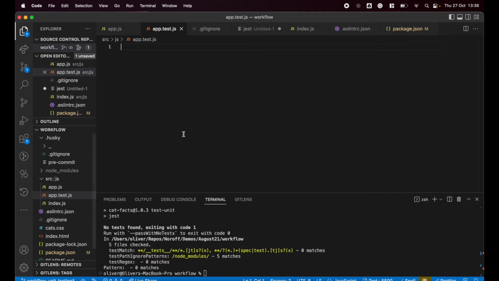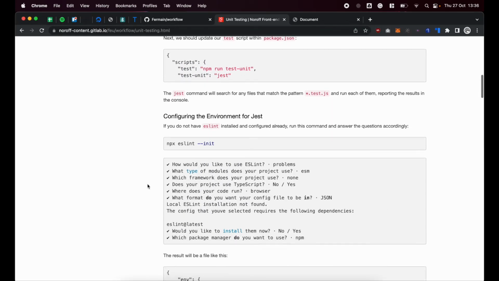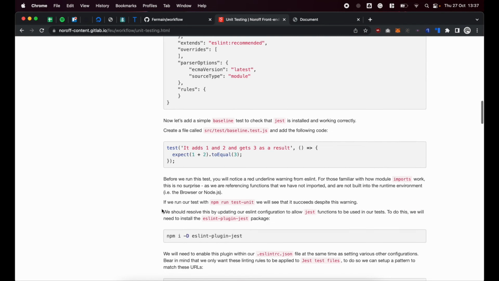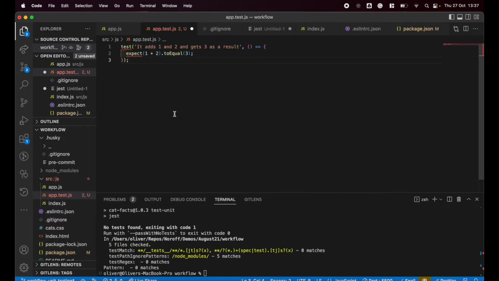app.test.js. And here, I'm not going to do the ESLint configuration just yet. Let's use this one, the baseline test. This is what I want to show before I do the ESLint config. Straight off the bat,